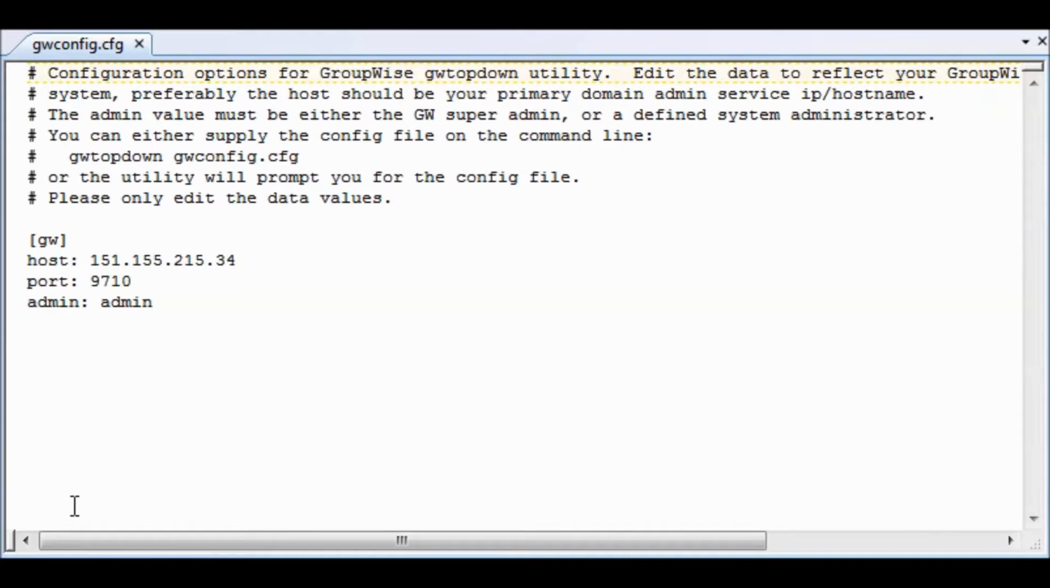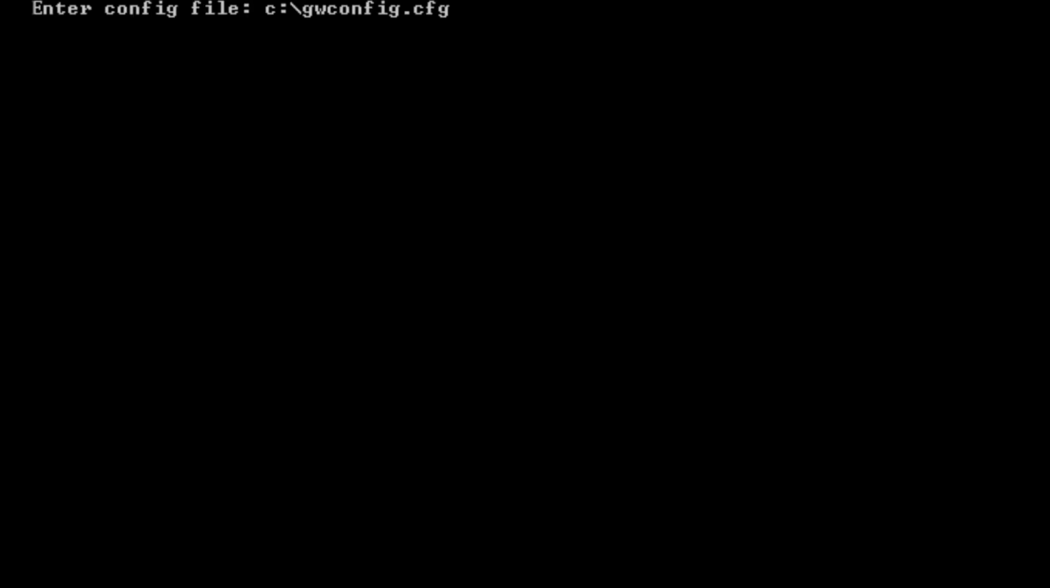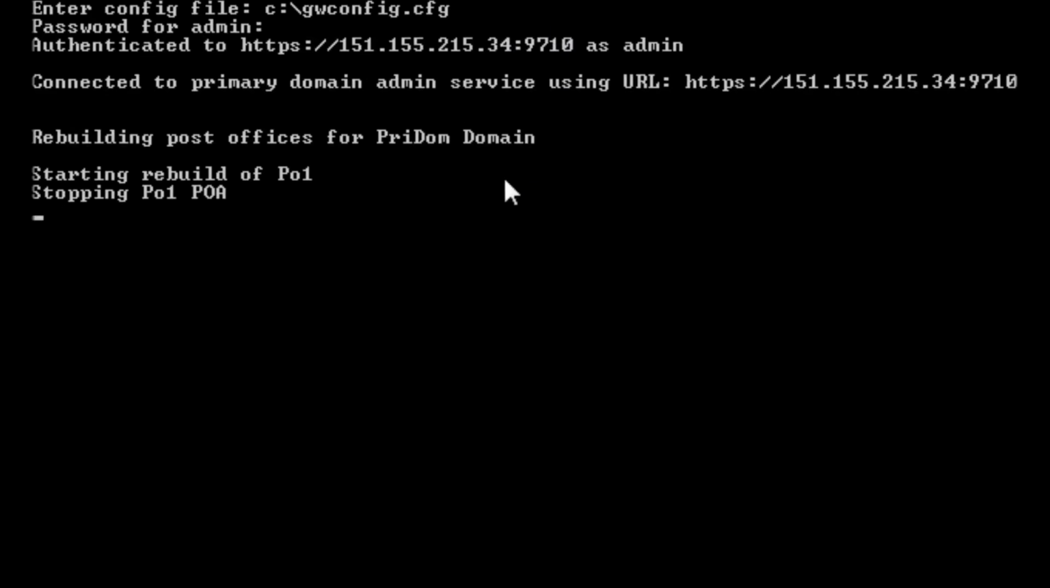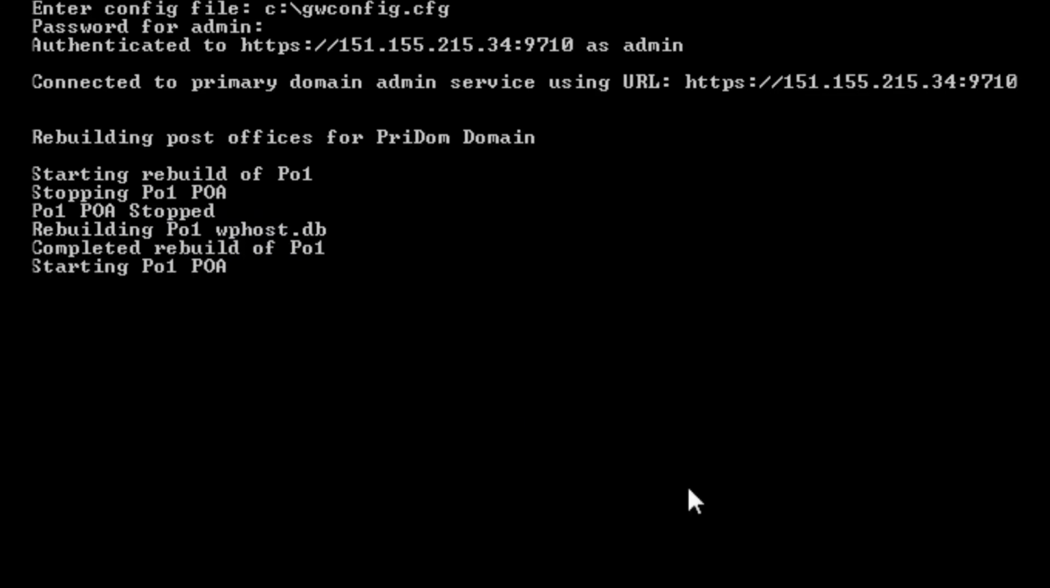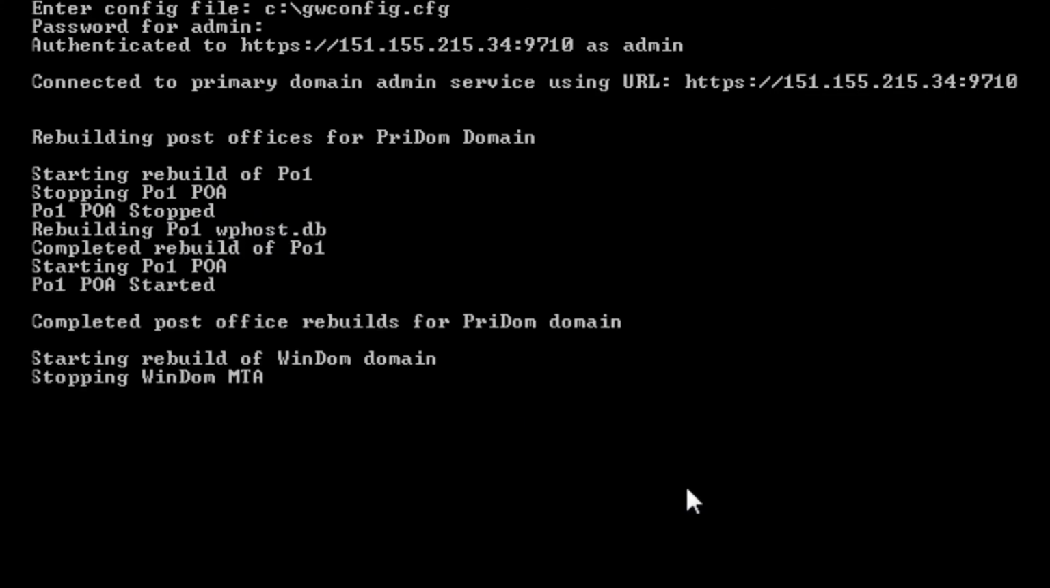Follow the instructions in the README file to set up the configuration file with your system-specific information. Then run the script. You will need to specify where your modified .cfg file is, and then add the password for your admin user. As it runs, you can see the progress reported here. The agents are stopped, the rebuild is done, then the agents are started again. Depending again on the size of your system and the number of objects being replicated, this can take a while